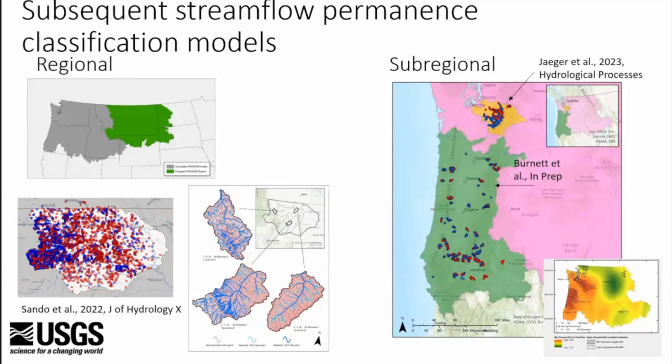So we've got these regional models that extend into the Upper Missouri. This is what that area looks like in terms of wet-dry observations and the density of that data. That just came out in 2022. And then we have sub-regional models within the Pacific Northwest region, specifically Mount Rainier and Western Oregon. These were areas where we wanted to take a second look, where we knew PROSPER was not doing very well, or we didn't have much confidence in those predictions, largely because of an absence of data.